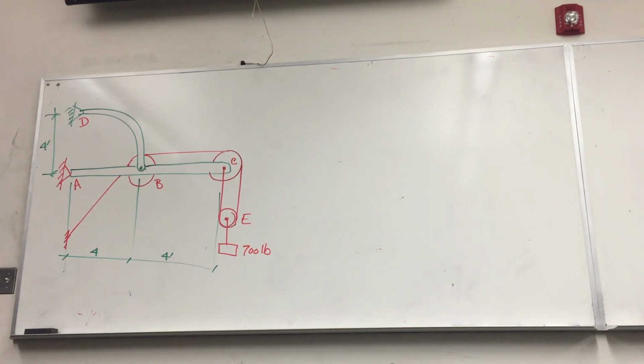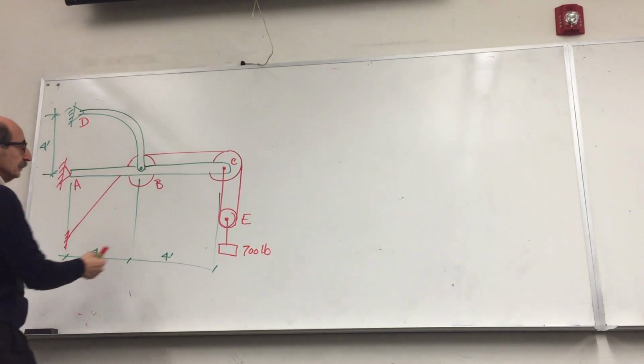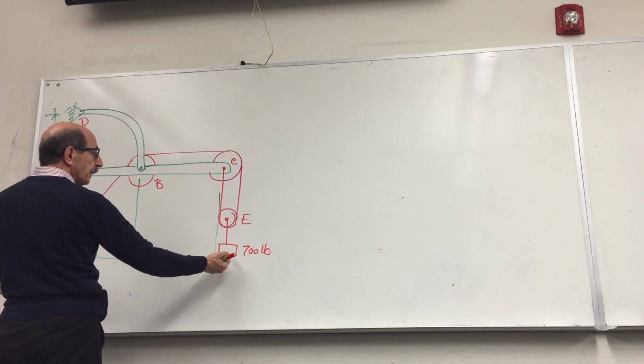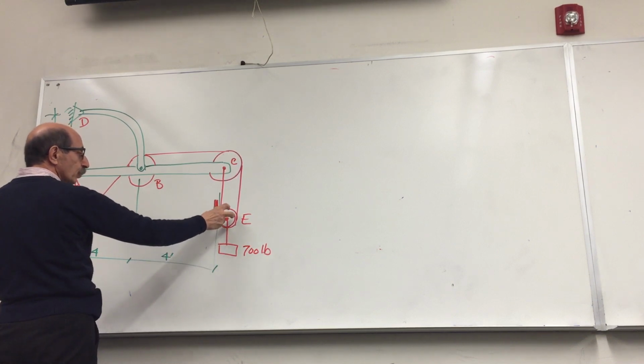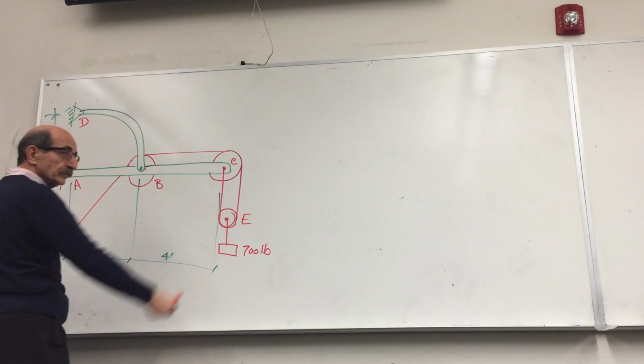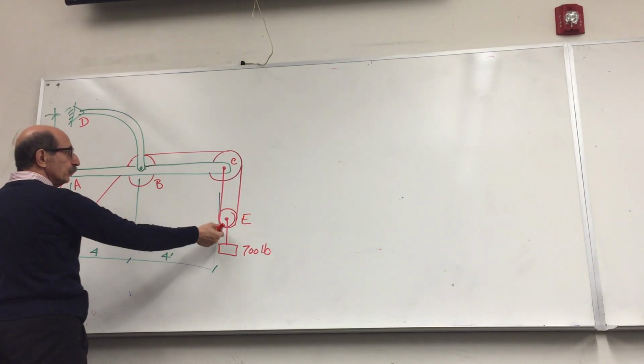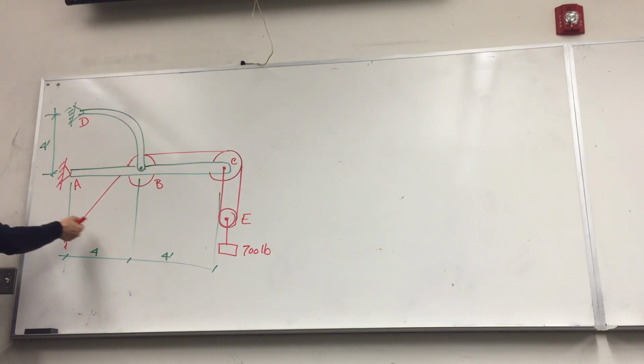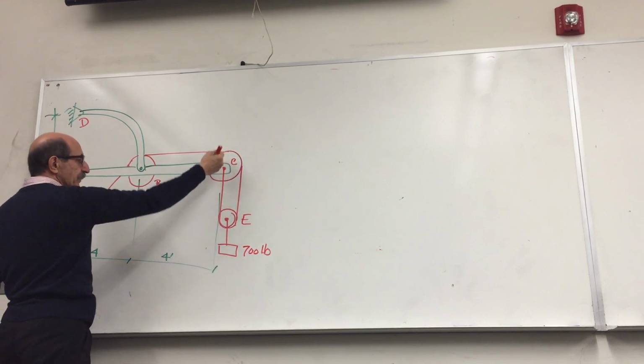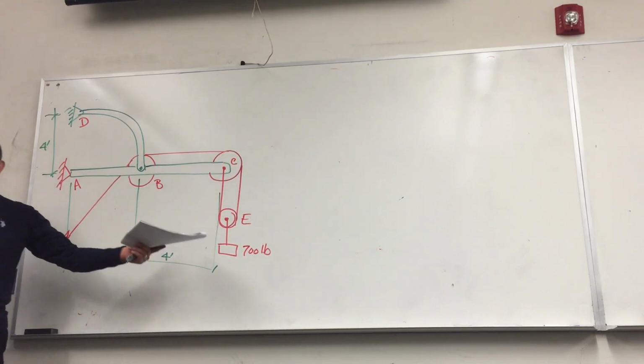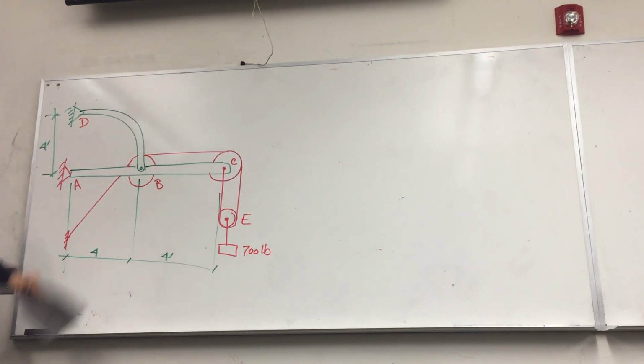So we have this crazy looking frame. It is designed to hold this 700 pound weight, and you have a pulley that is basically attached to it. This pulley, if you pull this string, can obviously raise this weight. Of course, this is static. We're not raising it. This is statically in place. The question is, again, find forces at every single joint or every single connection